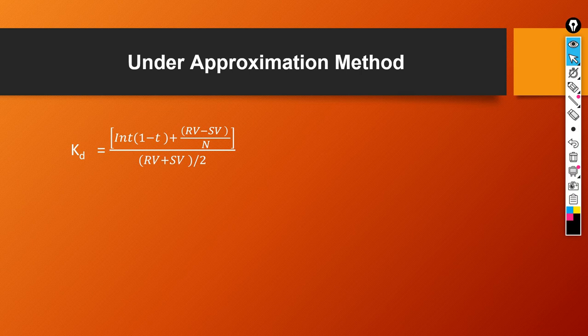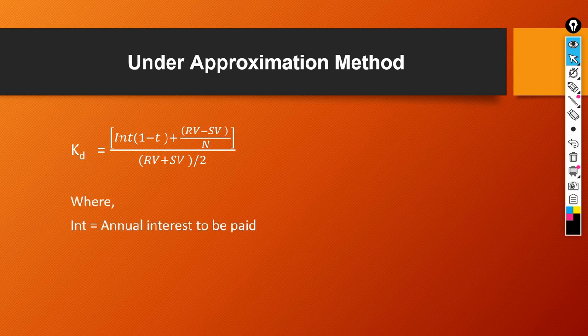Under the approximation method, we will be taking the help of a formula. So your formula will be: cost of debt equals interest times (1 minus t), and if you are doing it without tax, then instead of t you can write 0. So interest paid times (1 minus t) plus (redeemable value minus sale value) upon n, divided by (RV plus SV) divided by 2,